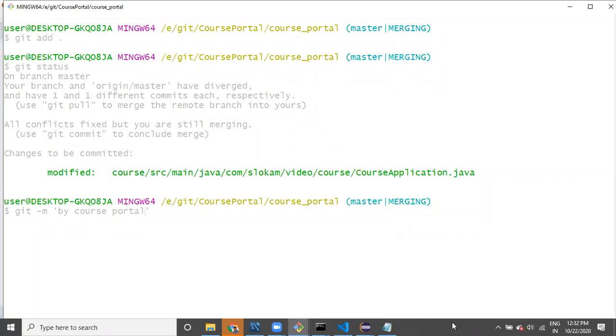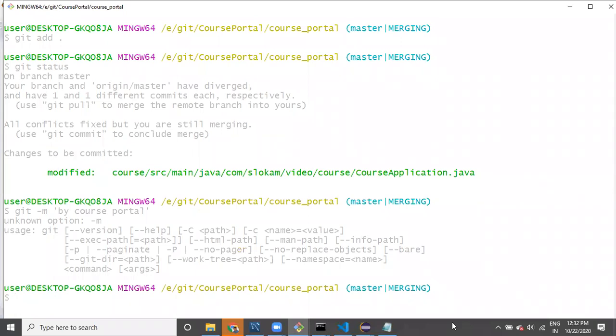Sometimes if modifications happen in the same line, what is it going to do? It will give you some conflicts. You have to resolve the conflicts. Unnecessary statements will be coming in. You have to modify the code, and then say git commit after modification.